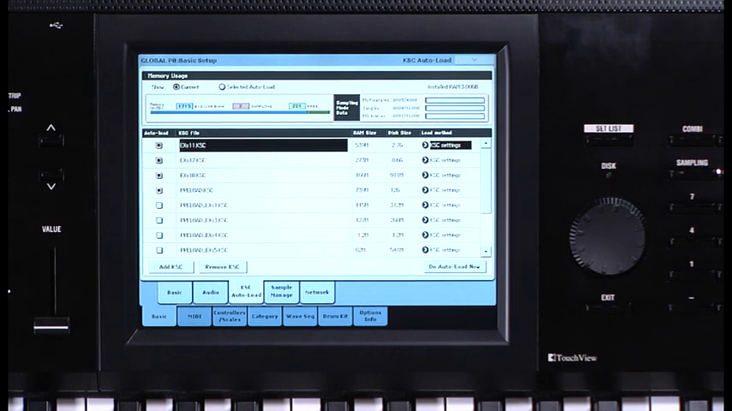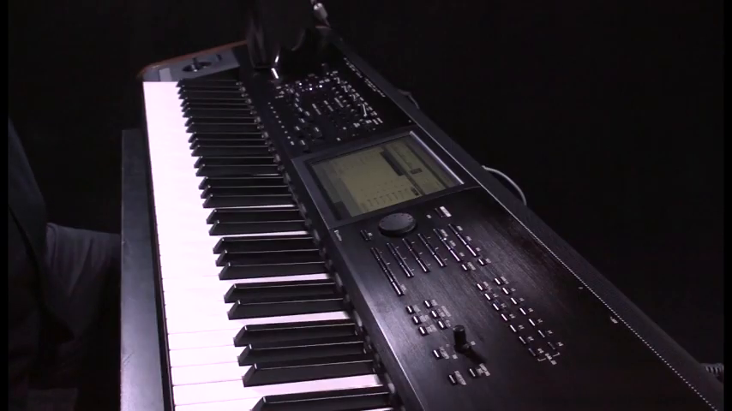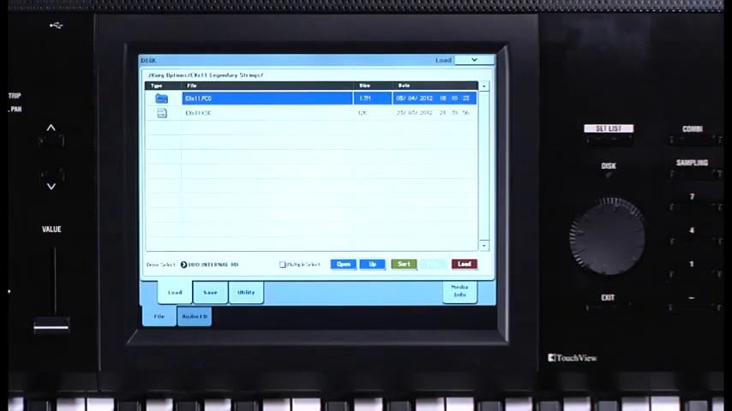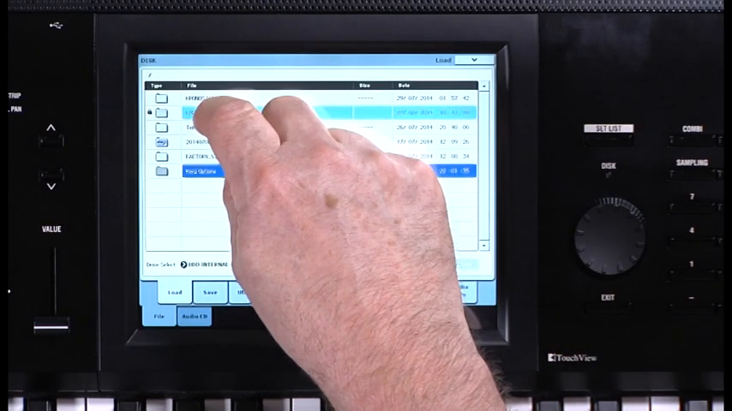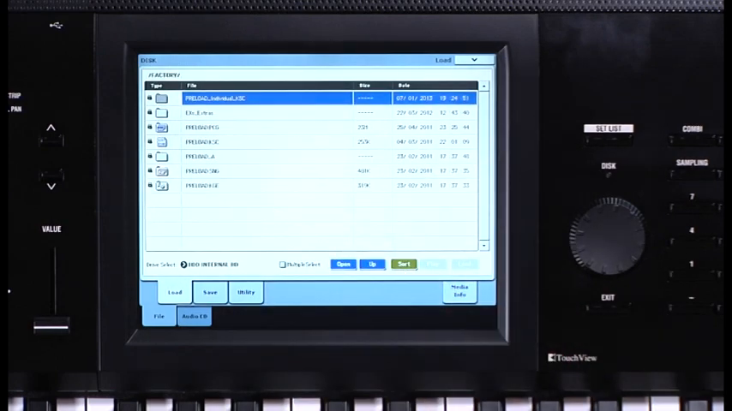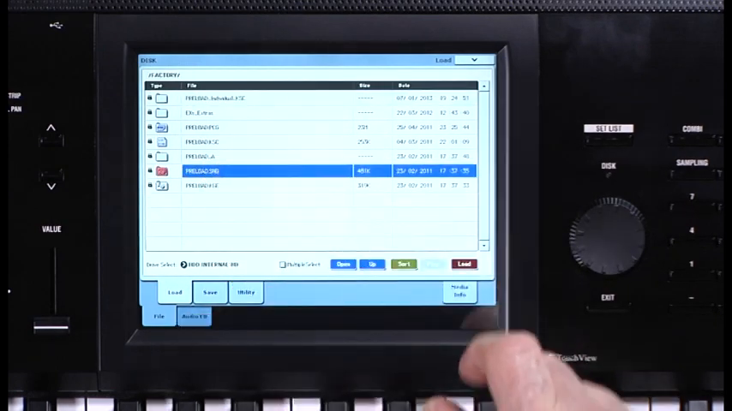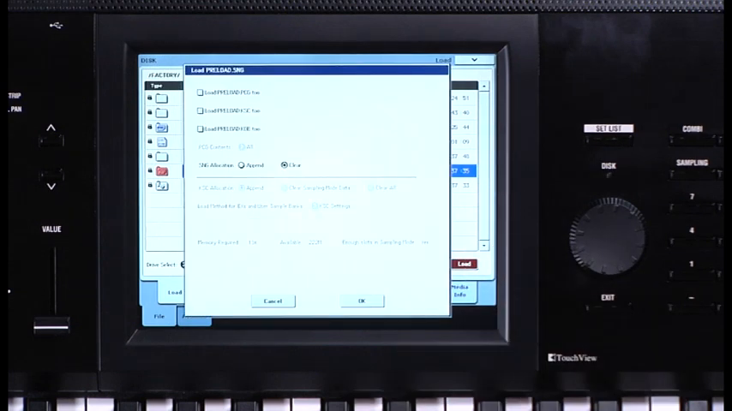Lastly, let's load the factory preload demo songs. Disk mode. If you're inside a folder, touch up to come out. The song file we need is in the factory folder. Touch preload.sng, then load. You can either append, meaning add the songs to the songs already in the sequencer, or